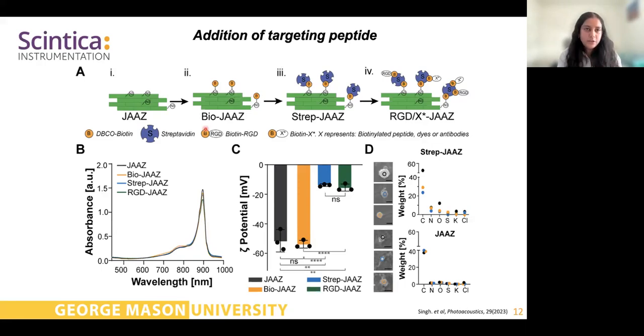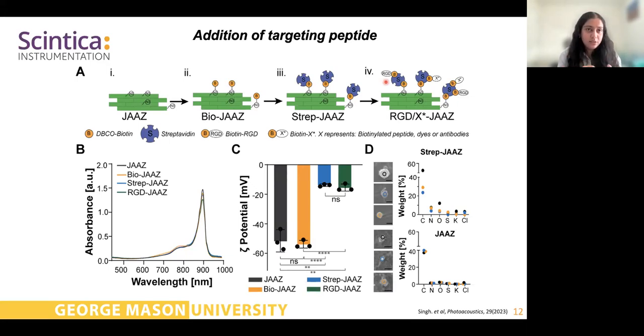This is a part of click chemistry, copper-free click chemistry, and this is a very common chemistry technique used. And after the attachment of biotin onto a platform, we can attach streptavidin. This is a pretty common conjugation that's used by most researchers. And after that, onto the streptavidin platform, since it has 3 extra binding sites, the protein itself, you're able to